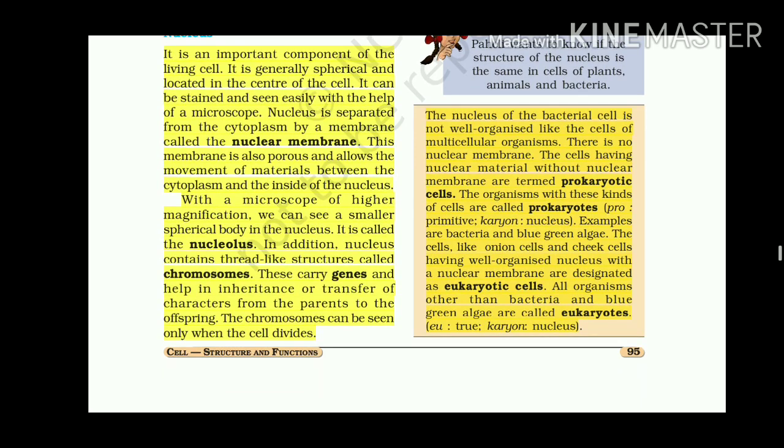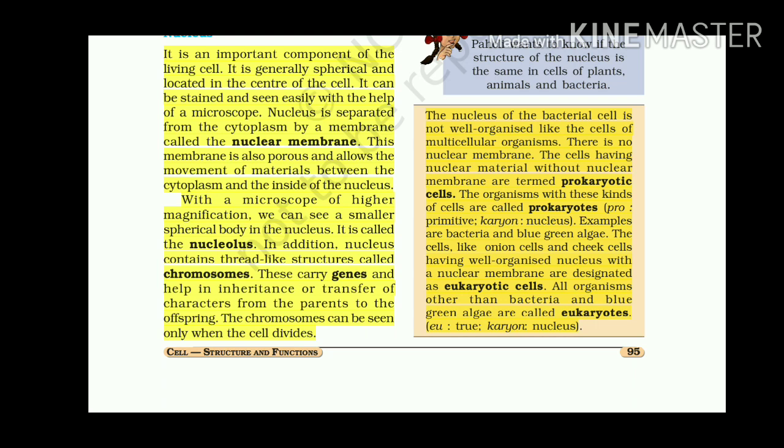The nucleus of the bacterial cell is not well organized like the cells of multicellular organisms. There is no nuclear membrane. The cells having nuclear material without nuclear membrane are termed as prokaryotic cells. The organisms with these kinds of cells are called prokaryotes. Pro means primitive, karyon means nucleus. Examples are bacteria and